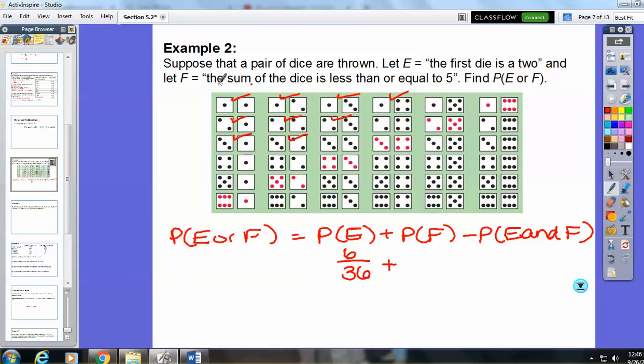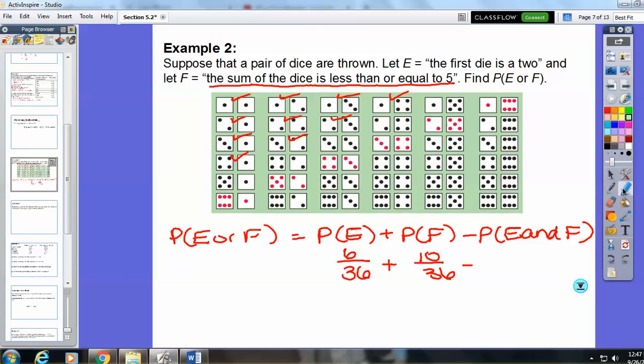Wait, I'm confused. I'm counting all of them that are less than or equal to 5. I thought the first dice had to be 2. Oh, no, right now I'm counting just F, which is just when I add the dice, they're less than 5. F doesn't have anything to do with 2, it's just 5. So how many events did they add up to 5 or less? 10